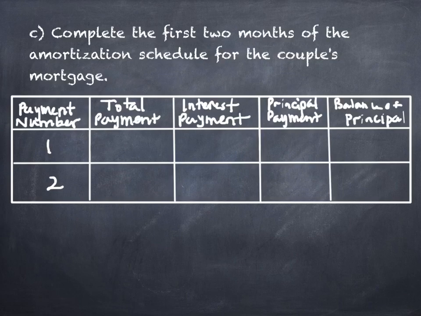I want to show you how to do an amortization schedule. It's not difficult, okay? But what it does is it gives you some insight into what actually happens when you make those $600 or nearly $600 monthly payments. All right, so the first thing is we're only going to do 2 months of this. We're not going to do 240 of them, okay?